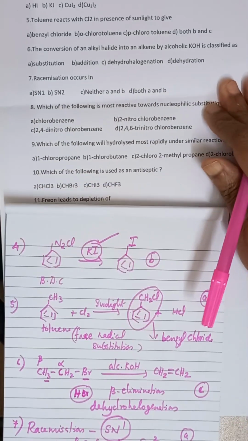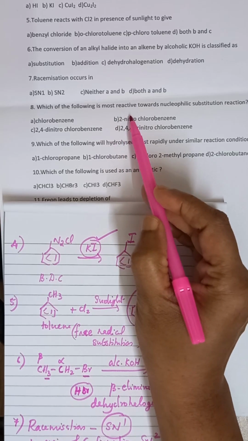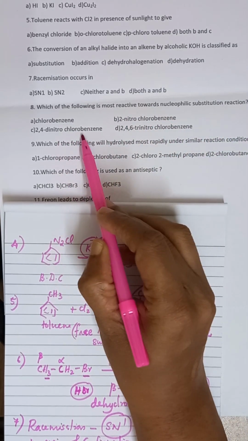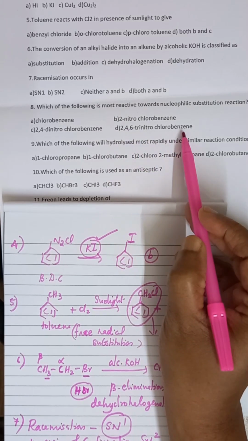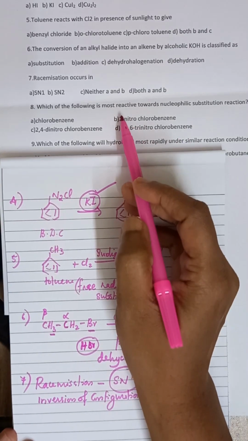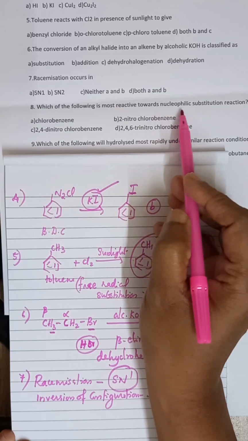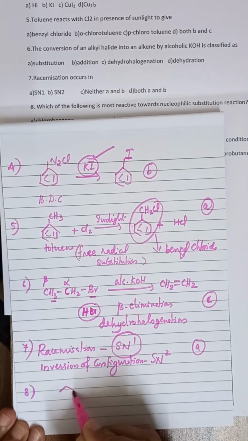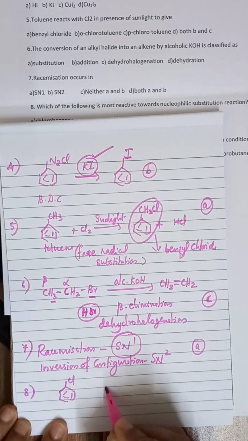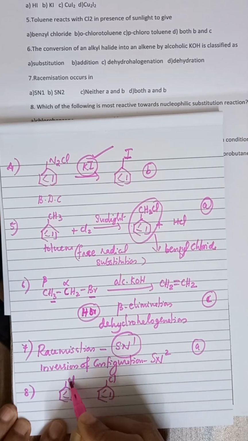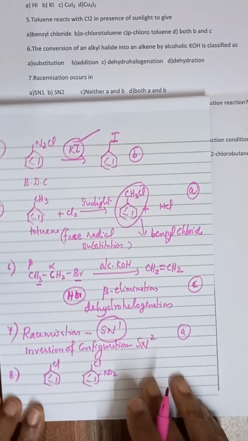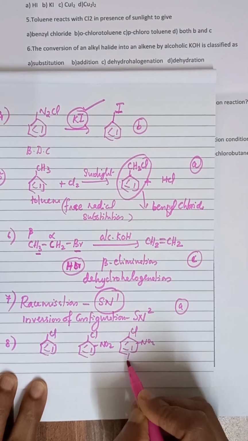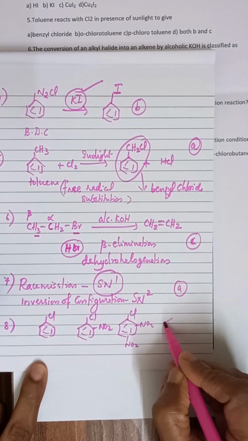Now let's see the 8th question. Which of the following is most reactive towards nucleophilic substitution reaction? Chlorobenzene, 2-nitrochlorobenzene, 2,4-dinitrochlorobenzene, 2,4,6-trinitrochlorobenzene. So which is the most reactive compound towards nucleophilic substitution? The compounds are chlorobenzene and derivatives of chlorobenzene. First one is chlorobenzene, second one is 2-nitrochlorobenzene, third one is 2,4-dinitrochlorobenzene, and